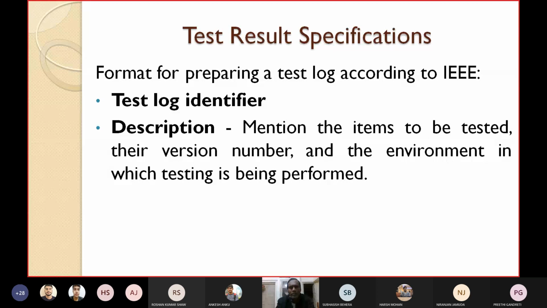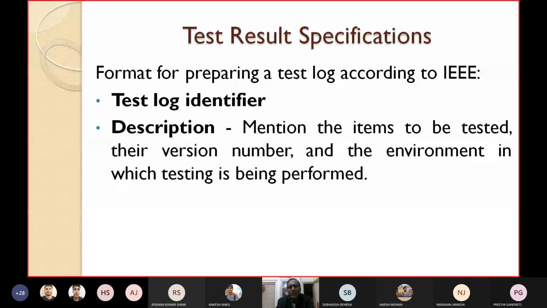Then we have to write a brief description about that particular test log. You have to mention here the items to be tested. What items you are going to test has to be mentioned here, along with their version number. Exactly which version number you are taking matters, because for the requirement specification the first version is 1.0.